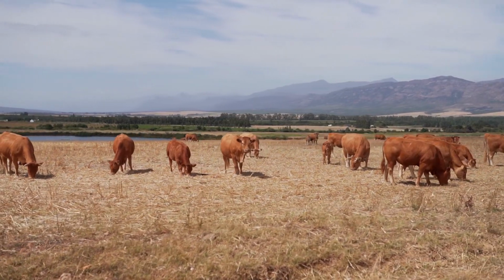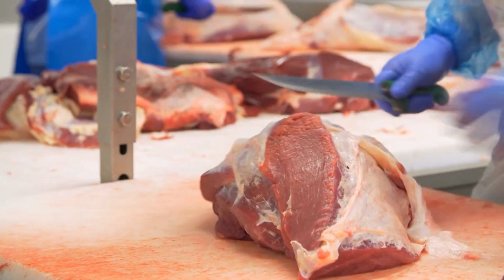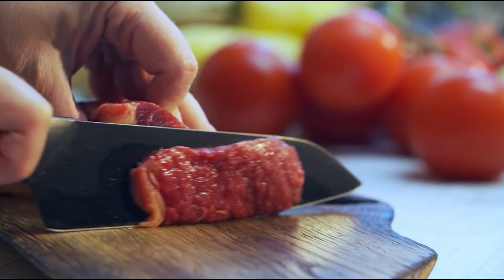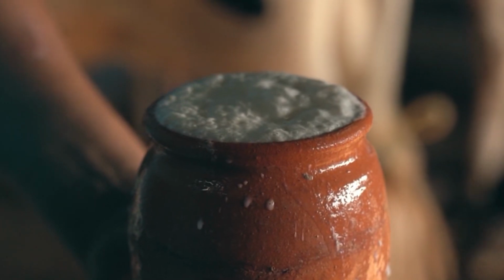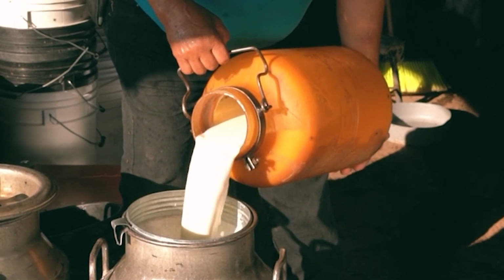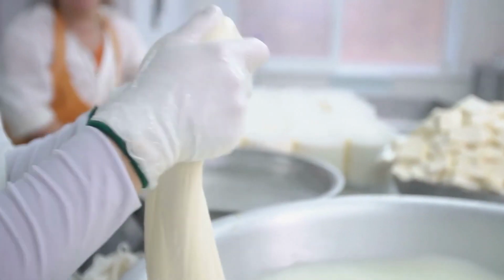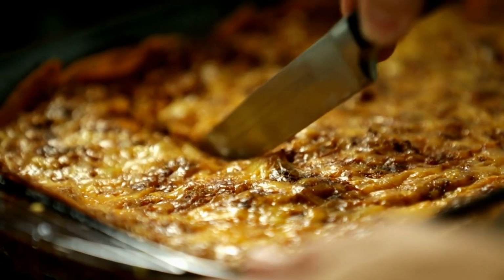The beef comes from farms in the Midwest, where cattle are raised using sustainable and ethical practices. These farms prioritize the health of the animals and the environment, ensuring the highest quality meat for every lasagna. And when it comes to cheese, they use a blend of mozzarella and ricotta, sourced from local dairies primarily located in Wisconsin, known for its rich dairy heritage. The mozzarella is soft, melty, and perfectly complements the layers of pasta and sauce. All these ingredients are chosen for their flavor, texture, and consistency, ensuring that each bite of Stouffer's lasagna is as